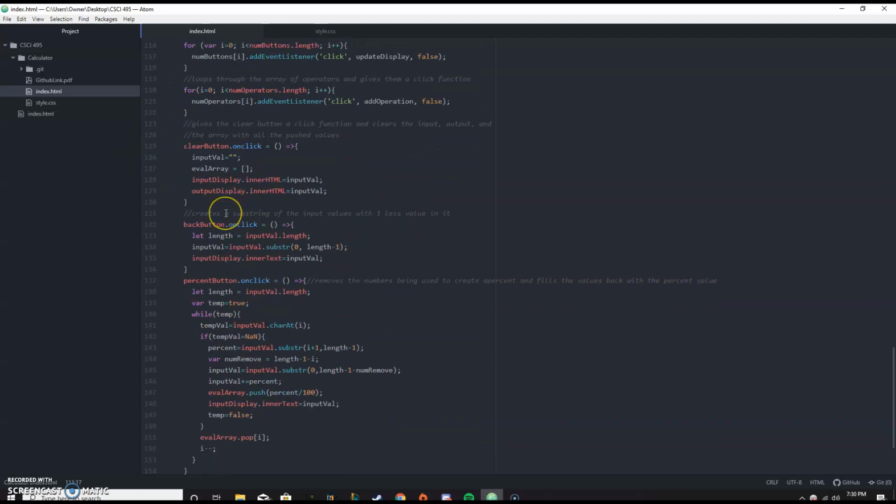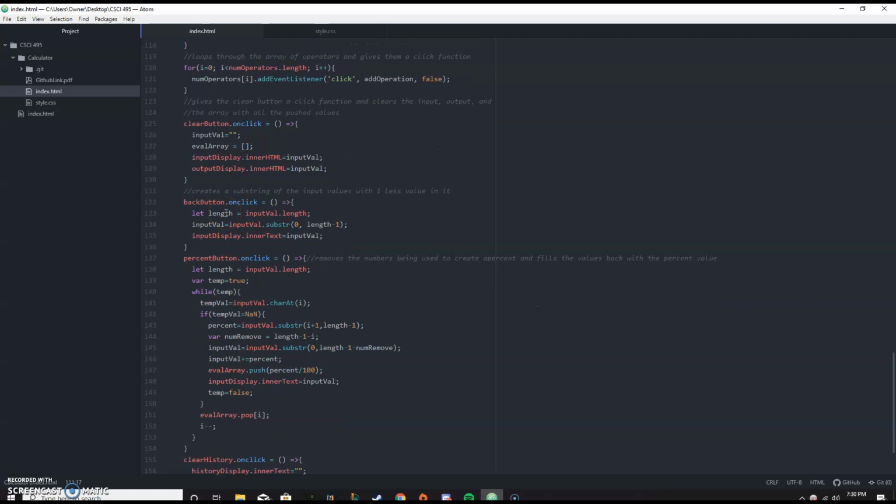And so down here, I have separate functions for click buttons that aren't really an operation or a number, so they're a little bit more specific. The first one is the clear button, so this would be the clear everything. It just makes a blank array. It sets the input value to blank. It creates a blank array, so it just deletes every value that is in here,